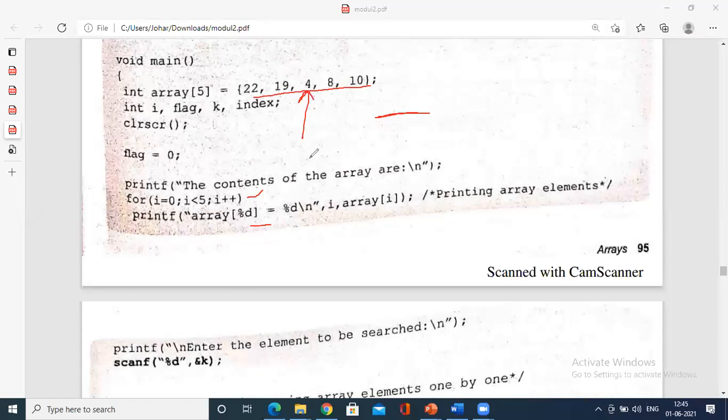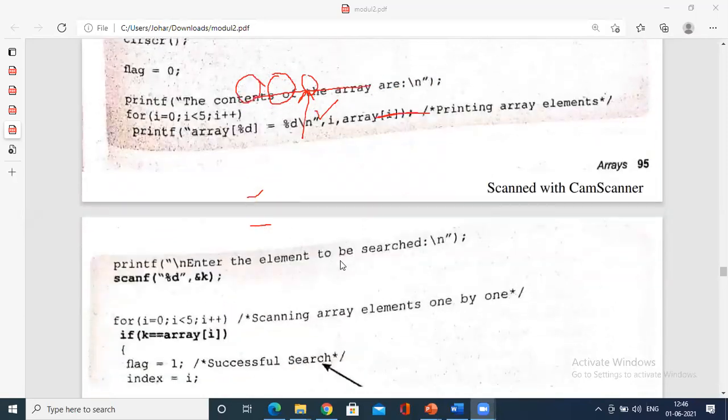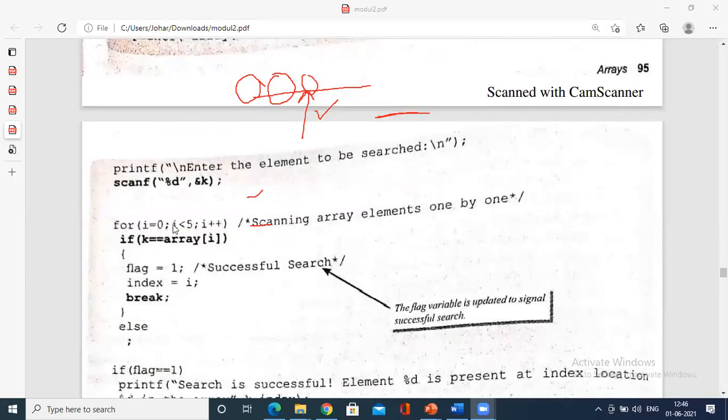Now you compare: is array of 0 equal to 4? No. Is array of 1 equal to 4? No. Is array of 2 equal to 4? Yes. At that time the element is found, and you have to come out. So how do you look into it? See here, you enter 4, for I equal to 0, I less than or equal to, I plus plus.